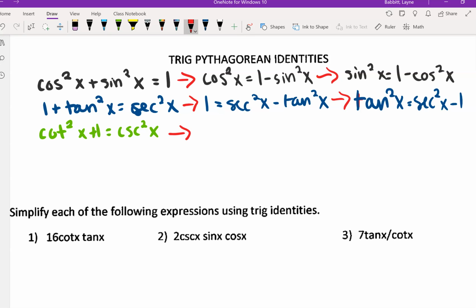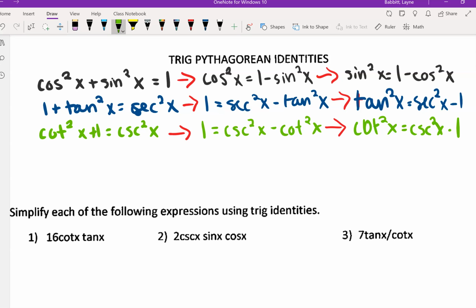If we want to subtract cotangent squared x from both sides, we'll end up with 1 equals cosecant squared x minus cotangent squared x. And then if instead of subtracting the cotangent from both sides, we subtract the 1 from both sides, we'll get that cotangent squared equals cosecant